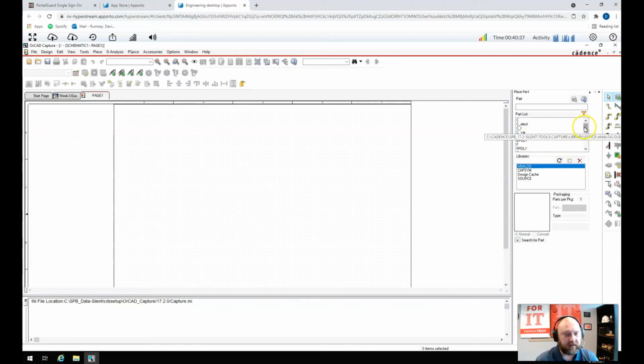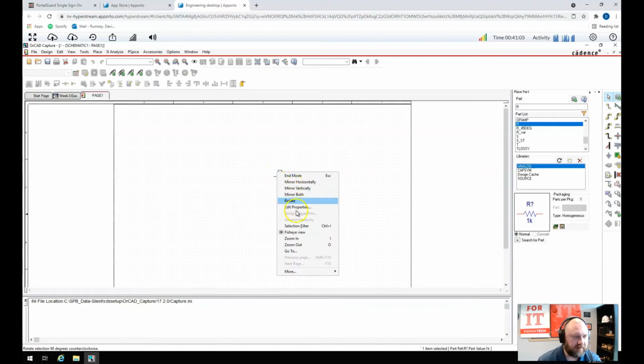Okay, so let's go ahead and, since we're only going to be using resistors in this circuit, I'm going to go ahead and select it, and to actually start placing it, you need to either double click on it, or use place part or enter. I just double click. And sometimes there's a delay, and you can see that there is now a resistor here. Now, you can right click and you can rotate the object. You can mirror it horizontally or vertically,